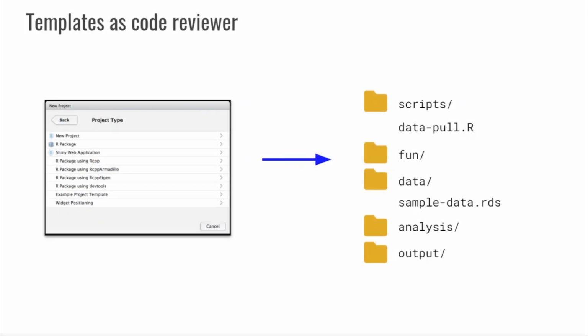Similarly, our package can include a project template, not just an R Markdown template. These templates can predefine a standard file structure and a boilerplate set of files for a new project to give users a helping hand and drive the kind of consistency across projects that any tech lead dreams of when doing a code review. Speaking of collaboration brings us to the last teammate whose traits we want our package to evoke,